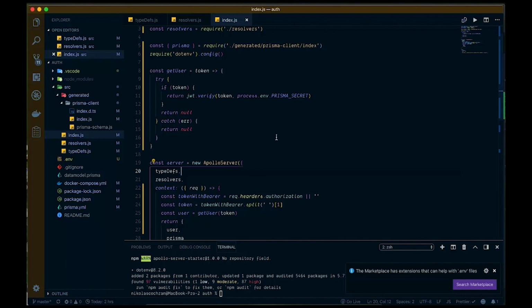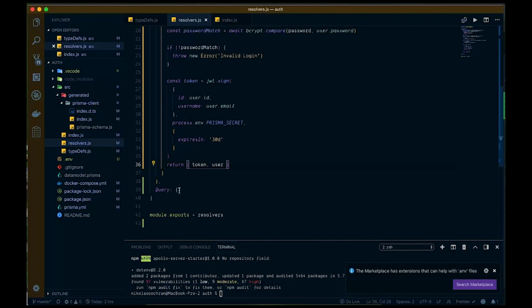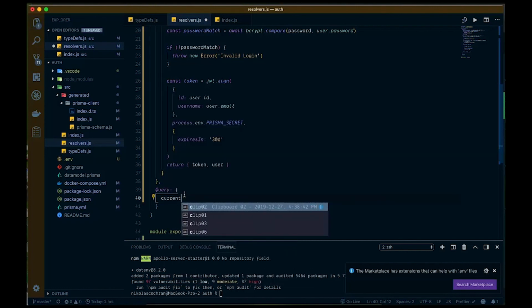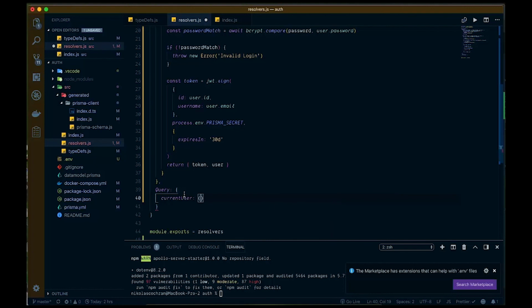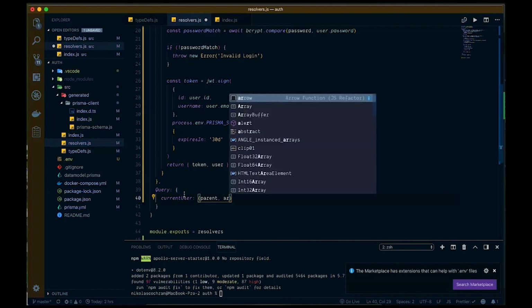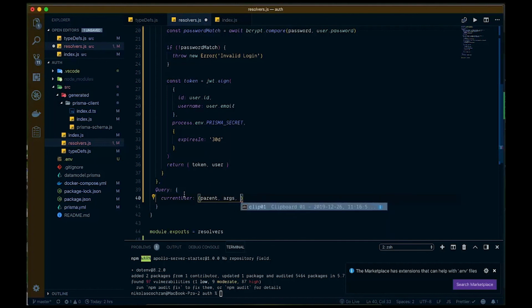Now we can go back to our resolvers, and we can create below our test to see if we can get our current user. So we're going to come down to the query here, and we are going to go current user. And again, same thing as mutations, so parent. Now we're not destructuring anything here, so we're just going args. And then we're going to destructure off of this our user and the Prisma object here, and that's going to be a function,